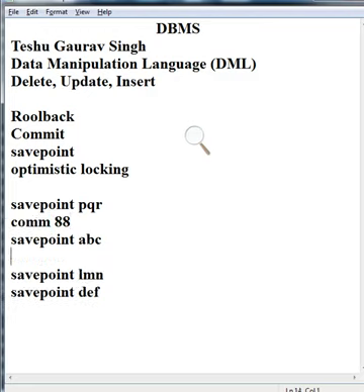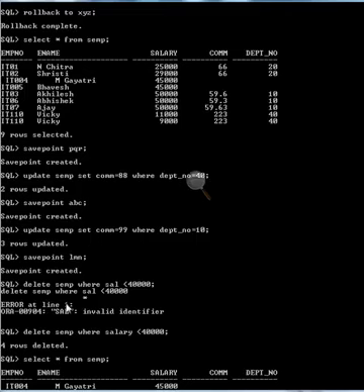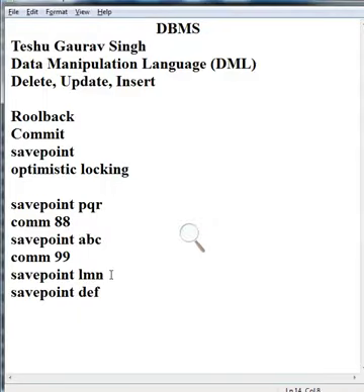And after LMN, we have done 4 rows deleted.